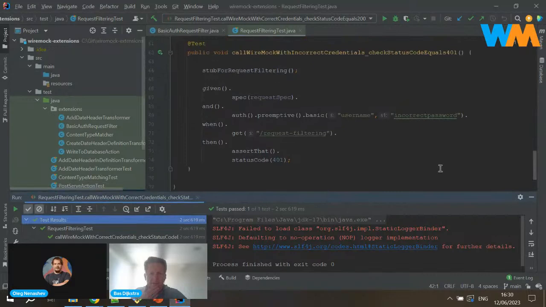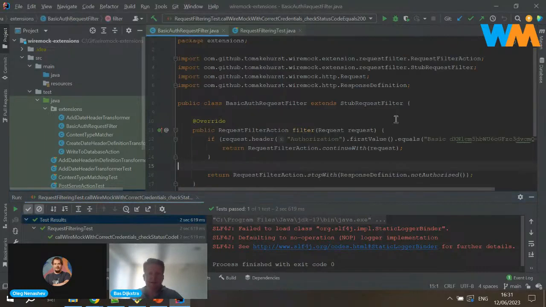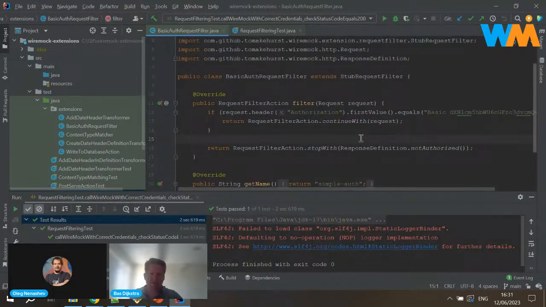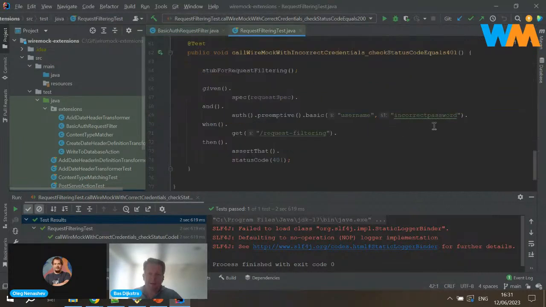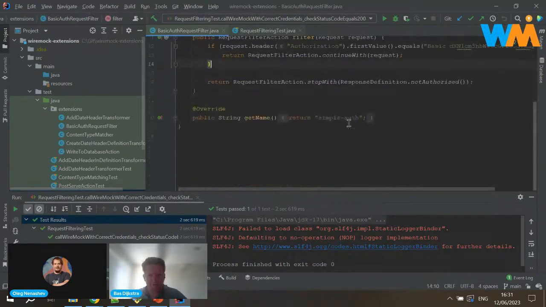The other test shows you what happens if I send the request with incorrect credentials, just to show you the behavior that we defined in this request filter here, because we said, well, if the credentials are not equal to this, and by the way, Rest Assured will take care of converting these credentials to their base 64 encoded version.